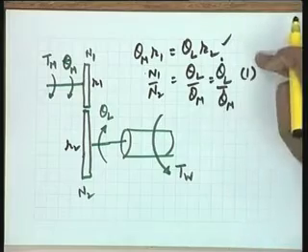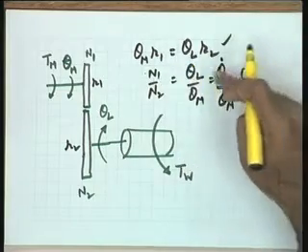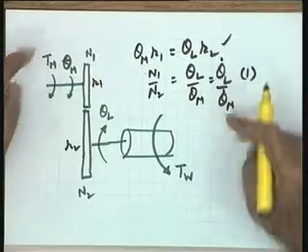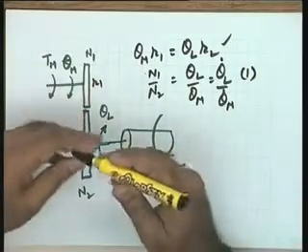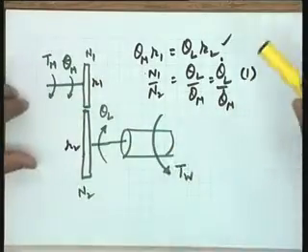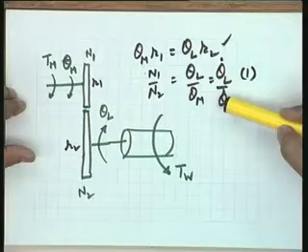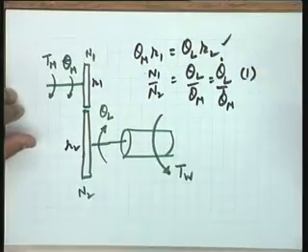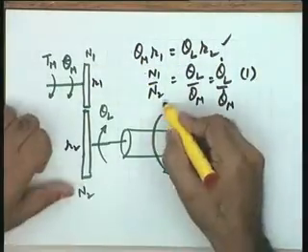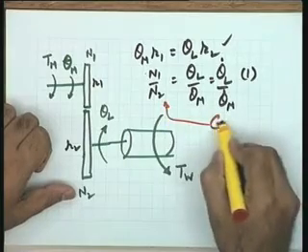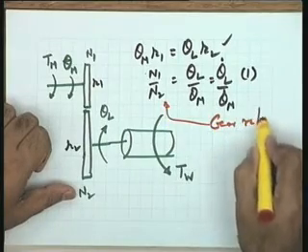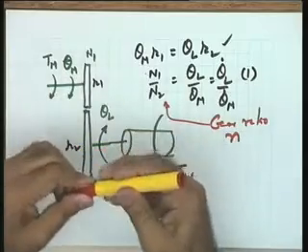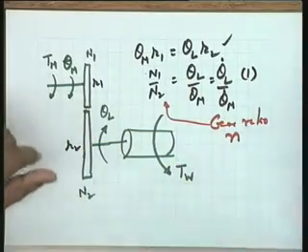If you take the derivative of this equation, N1 by N2 is equal to theta L by theta m is equal to theta L dot by theta m dot is the expression you get, which gives you the ratio of the two positions or two velocities as equal to the teeth ratio, the gear ratio it is called. N1 by N2, let me say, is the gear ratio n, small n.